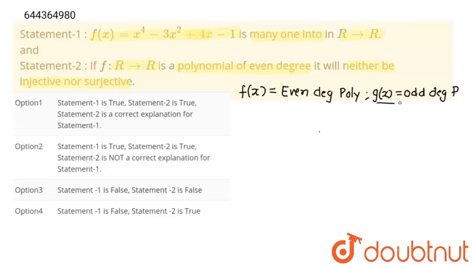Okay. So an odd degree polynomial has at least one real root. At least one real root. This is the main concept which will solve this question. And an even degree polynomial can have at least 0 real roots. So we don't have to do anything for even degree polynomial. Now see, I am going to differentiate this, f'(x). So differentiation of an even degree polynomial will become an odd degree polynomial.